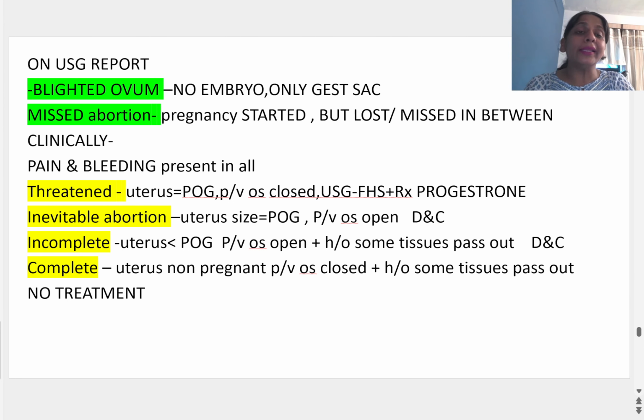क्लिनिकली देयर आर 4 टाइप्स ऑफ अबॉर्शन। नंबर 1 क्या है, पहले वो थ्रेट होता है, उसकी थोड़ी सी ब्लीडिंग होती है, ठीक है, सर्वाइकल ओस ओपन नहीं होती है, इस स्टेज तक हम अबॉर्शन को सेव कर सकते हैं। वी से इट एज थ्रेटेंड अबॉर्शन। हेयर यूट्रस का साइज पीरियड ऑफ गेस्टेशन के बराबर होता है। PV पे ऑस क्लोज होती है, ऑस ओपन मतलब यूट्रस कॉन्ट्रैक्ट कर करके उसको ओपन कर दिया, लेकिन यहाँ पे तो अभी स्टार्टिंग स्टेज है, ऑस क्लोज होगी, ठीक है। पेन ब्लीडिंग हर तरह के अबॉर्शन पे होता है, ज़्यादा ध्यान मत देना, ठीक है।